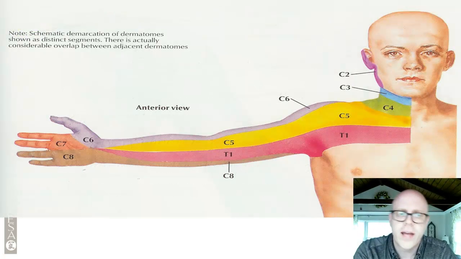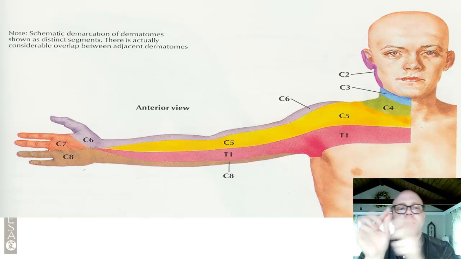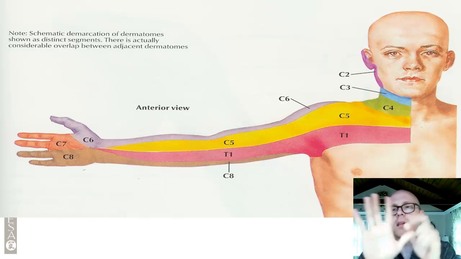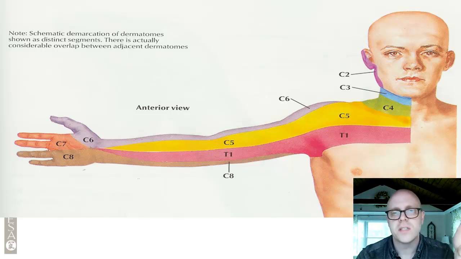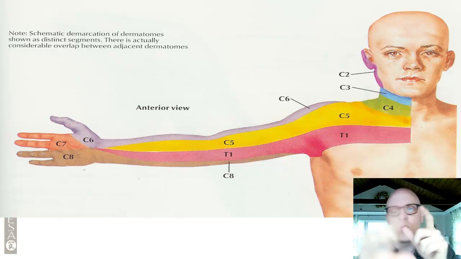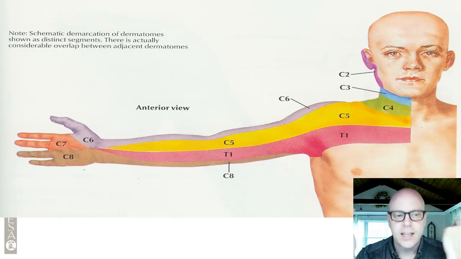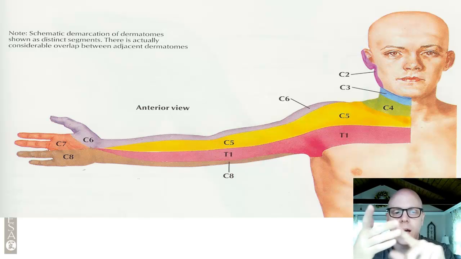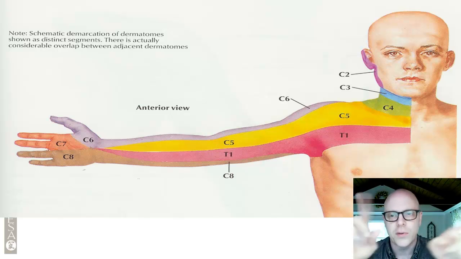Here's just a picture to show, again, C6, C7, C8. I'm not crazy about this picture because it doesn't show C6 as being the index finger. So this is Netter. So just find a picture you like. I like the one that includes the index finger for C6, and C7 tends to be more middle finger, but it actually has some overlap between 6 and 8. So